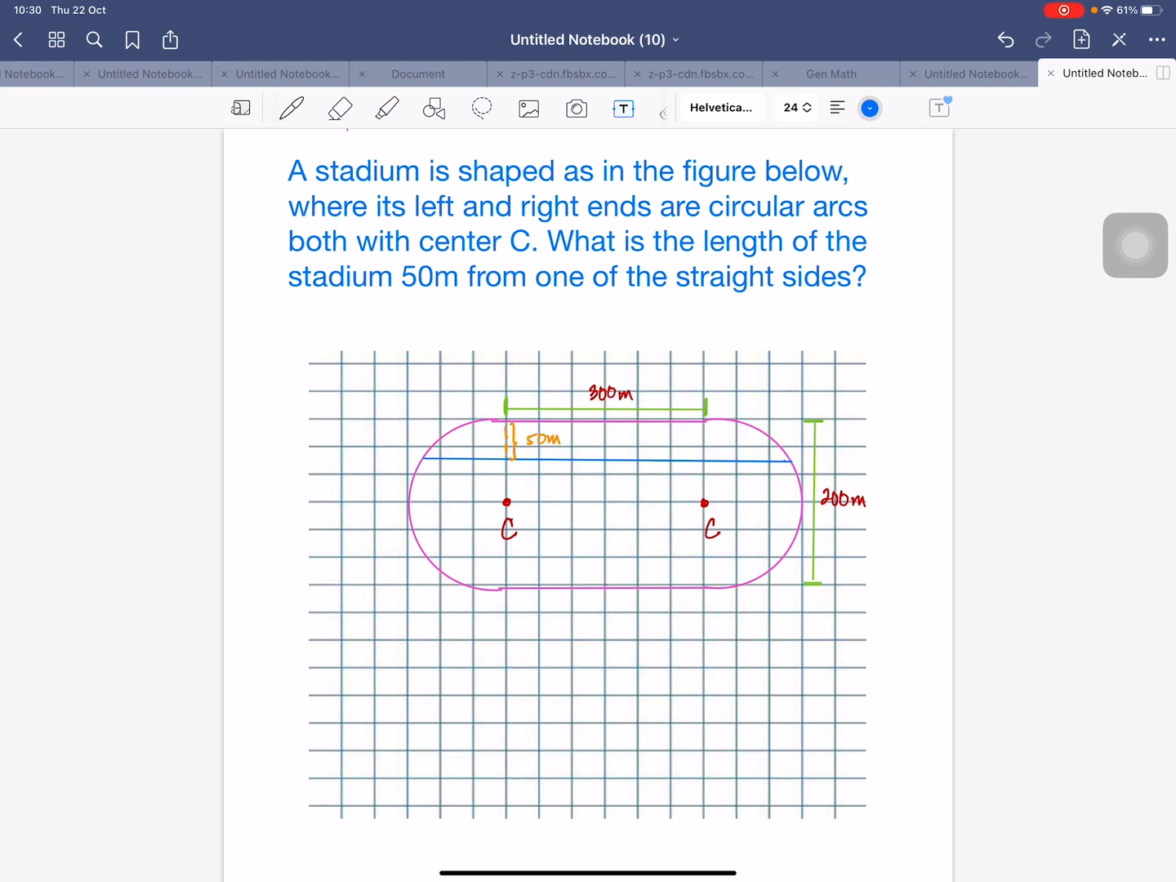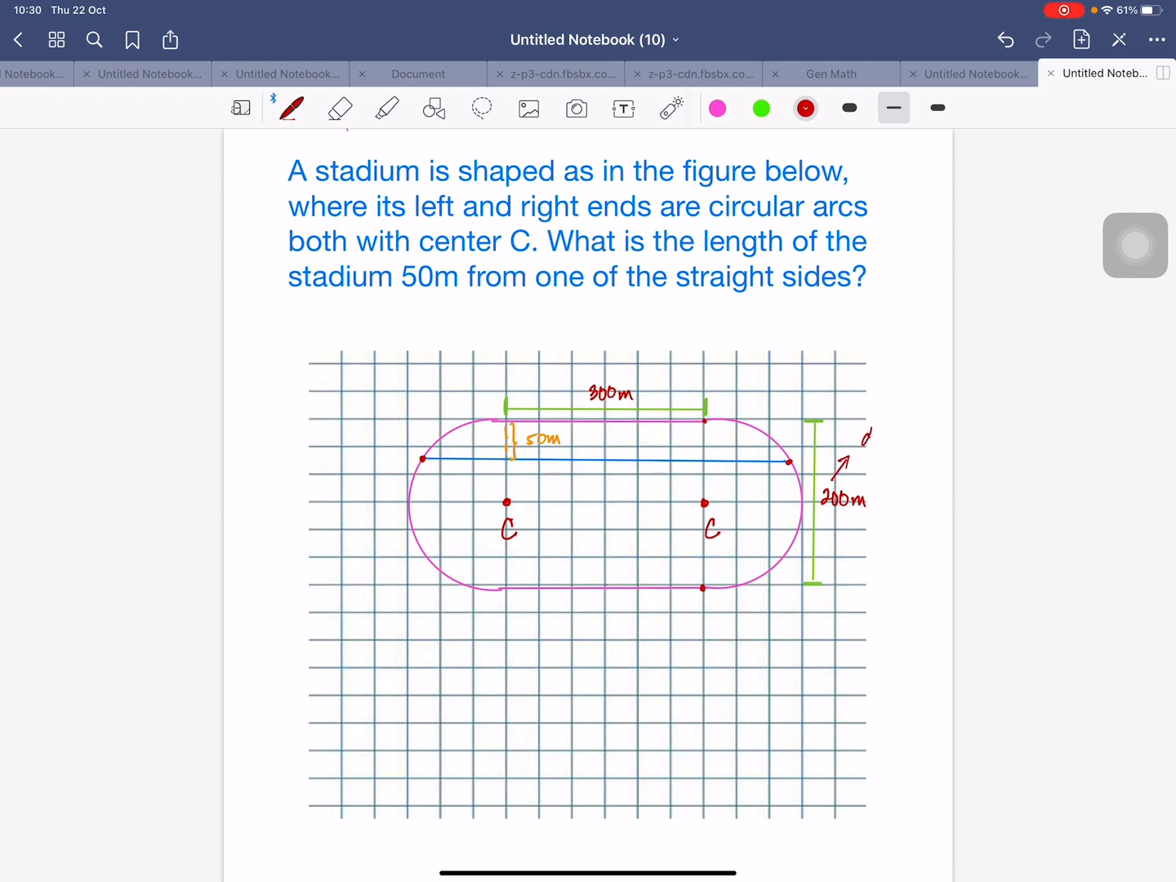Now, this is the straight side. That is 50, the distance is 50 meters. So what is asked is actually the distance from this point up to this point. What is that length there? And if you are going to have this point to this point, 200 meters is actually